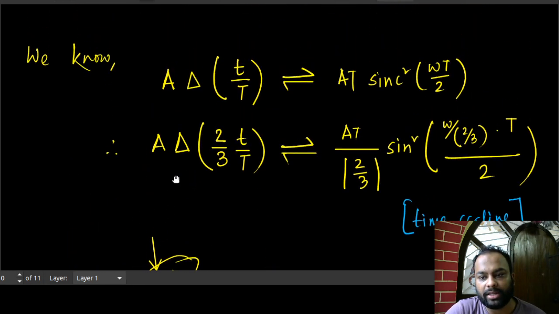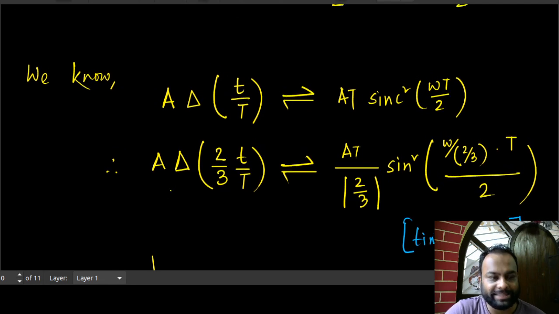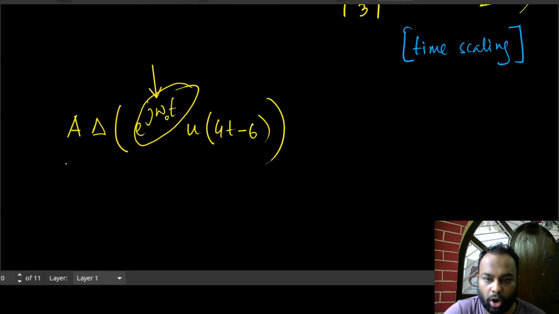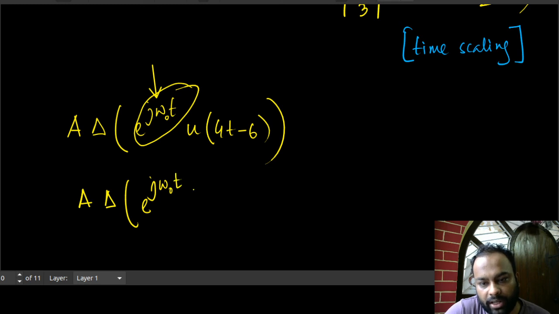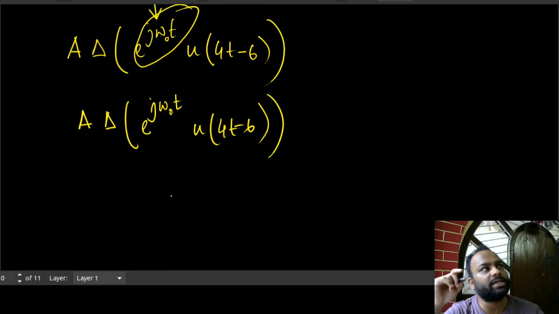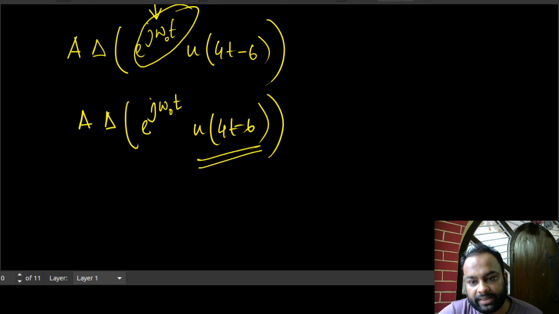So in X of omega you don't have t, and in x of t you don't have omega, right? I mean, this omega is a frequency independent term. So you could write omega naught, for example. Okay, so if you write something like this, a delta e to the power j omega naught t and u of t minus 6, something like that. Try to understand, this is a function of time, got it? But the unfortunate problem with this function is that this is giving you 0 or 1 in this particular example,